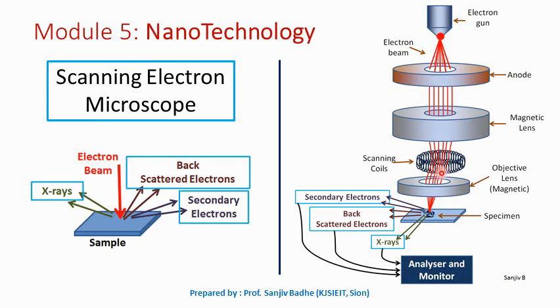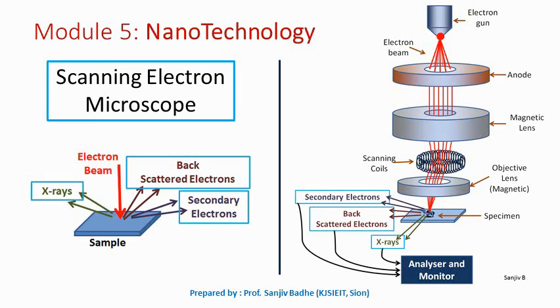And once the electron beam is deflected, another magnetic lens, which is called the objective lens, is used to focus this electron beam on a desired spot on the sample. When the electrons in this beam strike the sample, they produce backscattered electrons. These backscattered electrons are the electrons scattered due to elastic scattering. Then they knock off some of the electrons from the atoms on the surface. They are called secondary electrons.